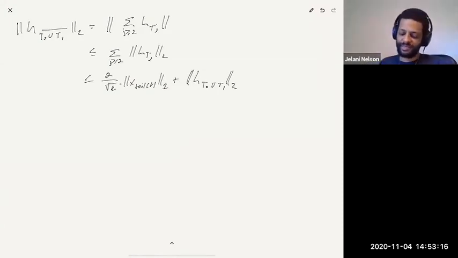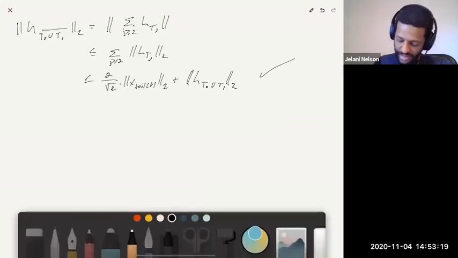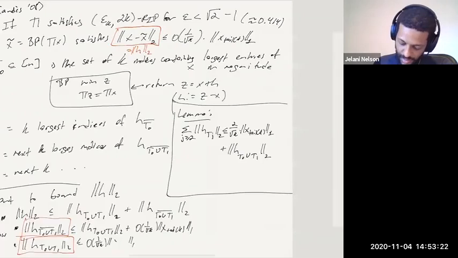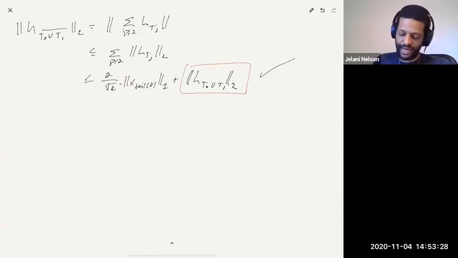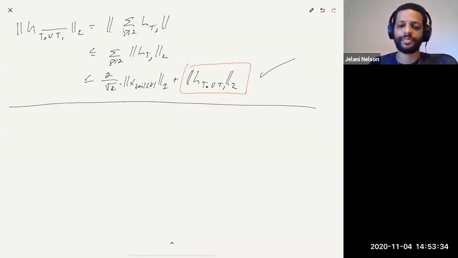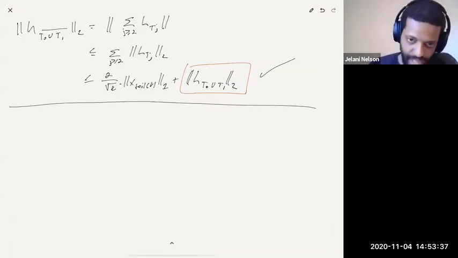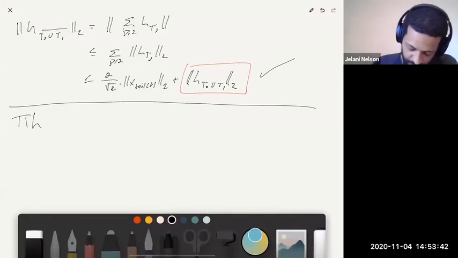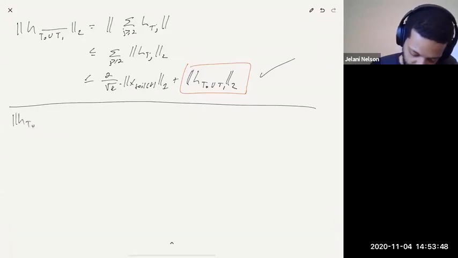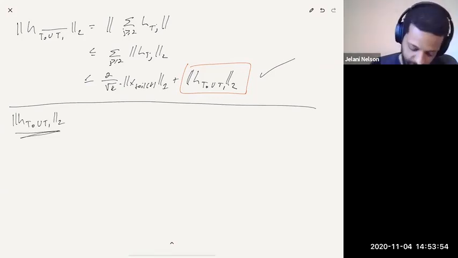Okay, so that's easy. So now the thing that we really have to do is bound the second thing, which is h projected onto t0 union t1. So that's the thing we have to understand now. Let me just write down what we want to understand: we want to understand h of t0 union t1. If we apply pi to this vector, pi applied to h t0 union t1 is